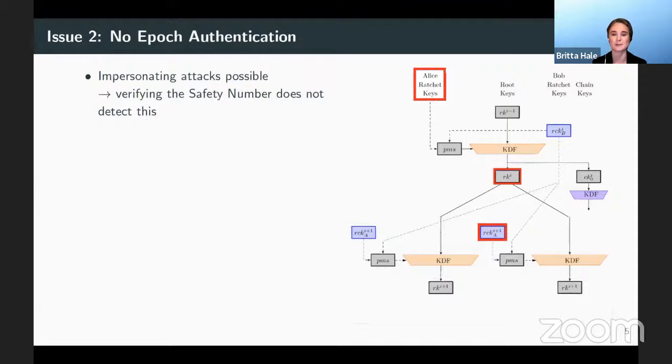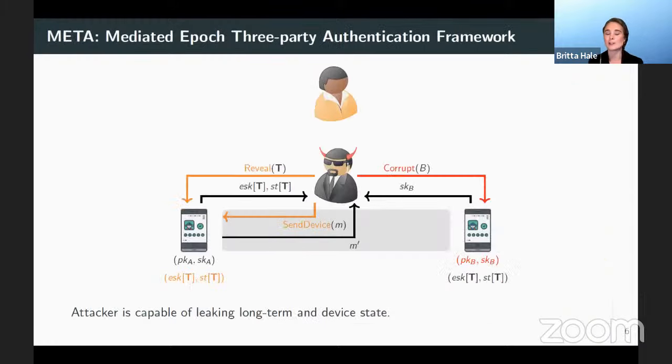How can we get some sort of security model that correctly reflects the types of attacks that we see on that sort of channel? So in this work, we actually look at that type of framework with the mediated epoch three-party authentication model. And we do this by splitting into two pieces. It is three-party, but it's not your typical three devices, because again, what the user does and their interaction is completely distinct from having simply a third device.